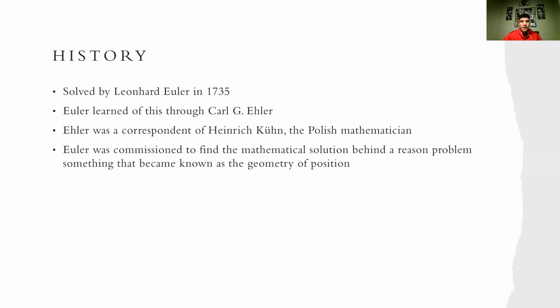A little history background of the Seven Bridges of Königsberg. This was a problem solved by Leonhard Euler in 1735. Euler learned of this problem of the bridges in Königsberg through a colleague called Carl G. Ehler. Ehler was a correspondent of Heinrich Kühn, the Polish mathematician, one of the greatest mathematicians of the 18th century. And Euler was commissioned to find the mathematical solution behind a problem of something that became known as the